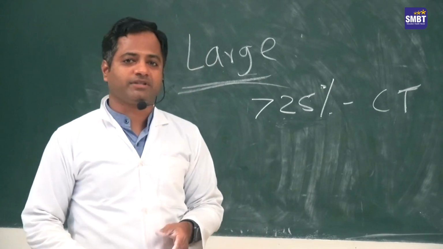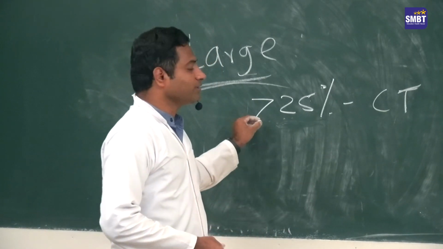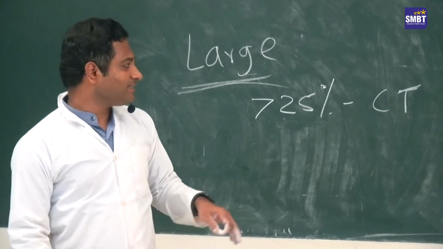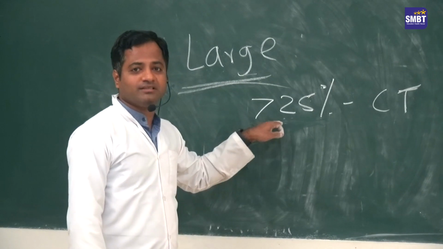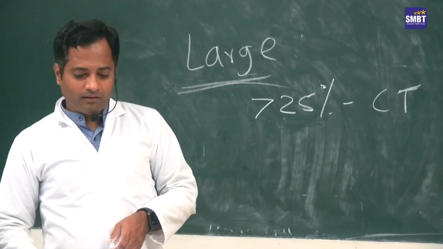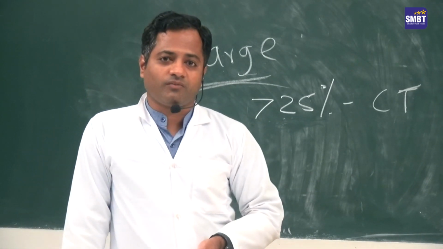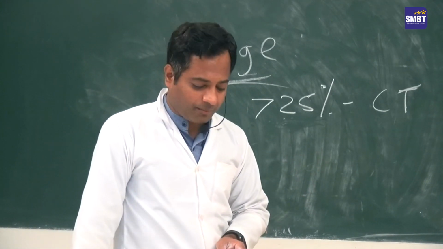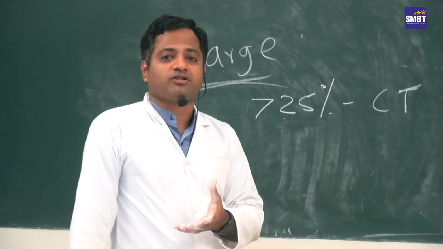There is a decrease in capacity of the abdomen due to this large incisional hernia. So after repair, you are pushing these contents into the abdomen. So abdominal capacity is less due to this large incisional hernia, and you are pushing these contents into the abdomen after surgery. So there will be a compression of the IVC.